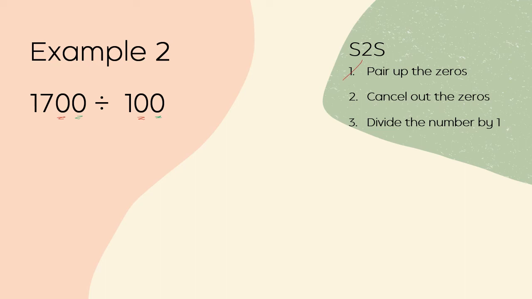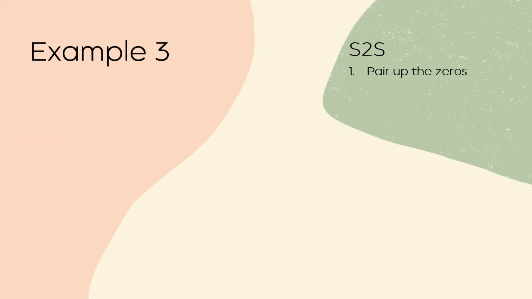Step 2, cancel out the zeros. So red with red, that is one pair, and green with green. So that is step 2. Step 3, divide the number by 1. So what's left is 17 divided by 1. 17 divided by 1 gives us 17. So the answer is 17. Example 3,